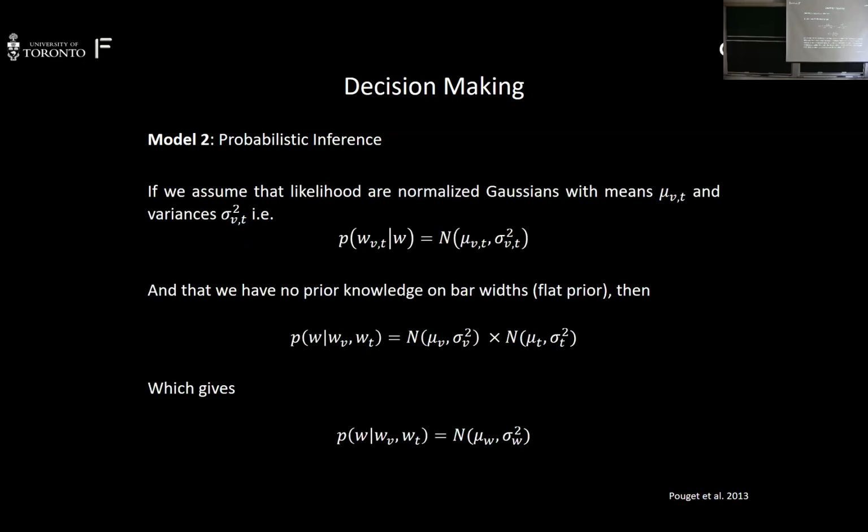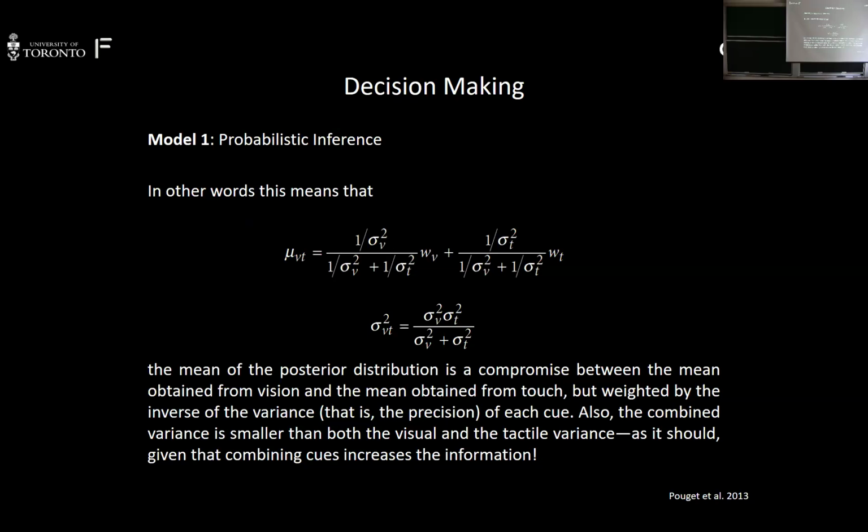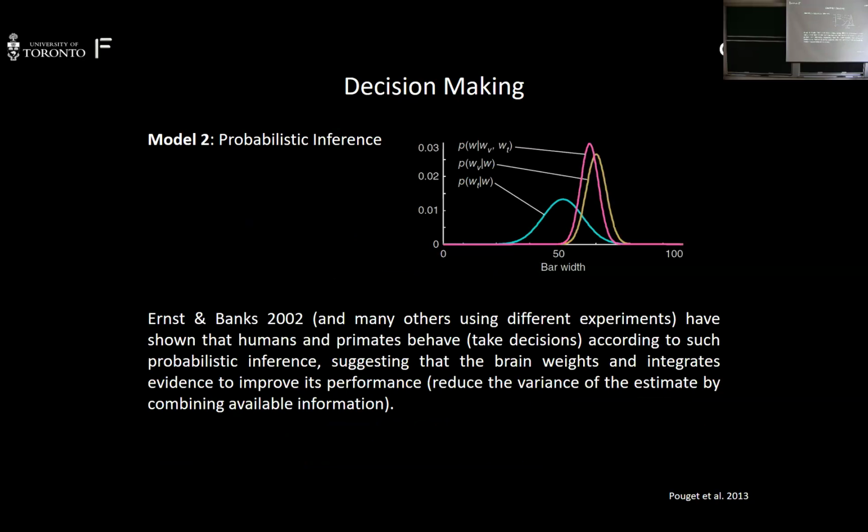And we can even have simple scalar equations for the parameters of this distribution, given the parameters of the input distributions, so we don't have to do any full numerical integration to compute the mixtures of Gaussian distributions. But the general idea is that we're going to have some weighting on the means and some updated precision or standard deviation. Again, this is just straight Bayesian inference, but the interesting thing here is what's been observed consistently in